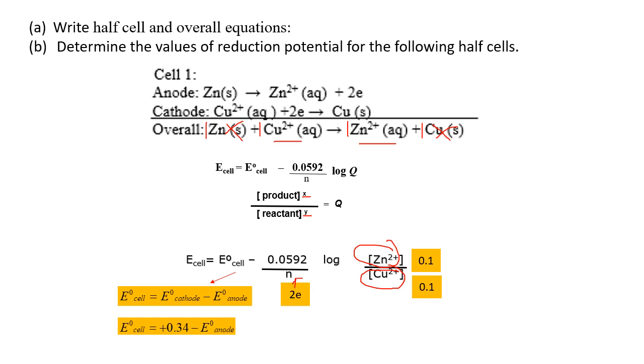And then the E node cell, if you refer to the introduction for the part, point number 6, I think. So E node cell equals E node cathode minus E node anode. Okay, E node cathode is given because the standard reduction potential of copper is positive 0.34, and then the E node cell is based on